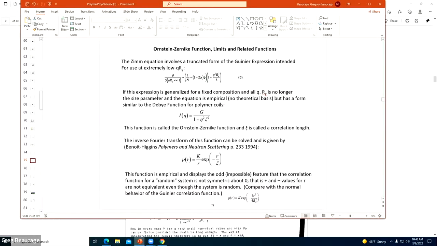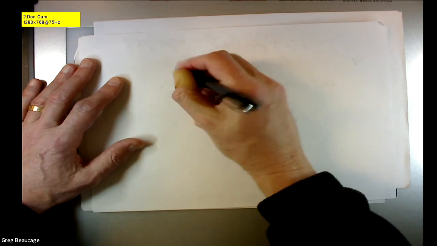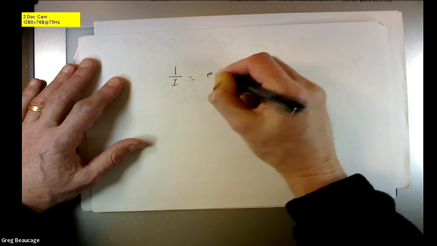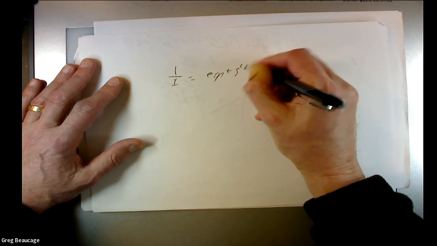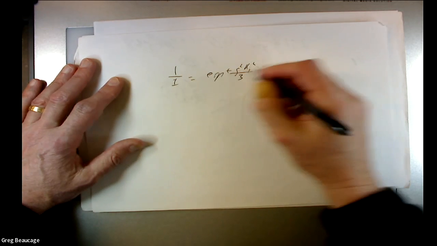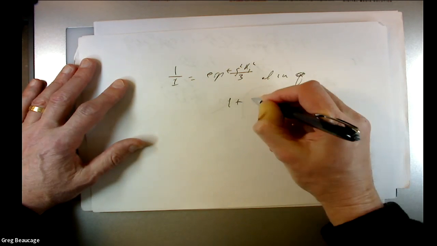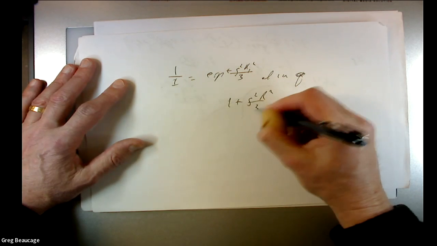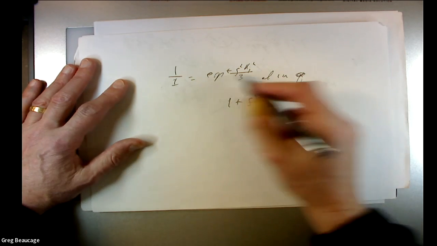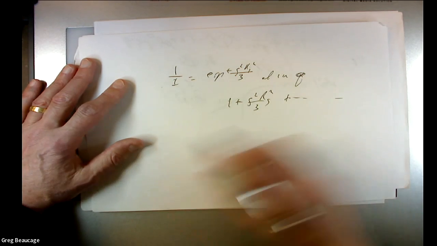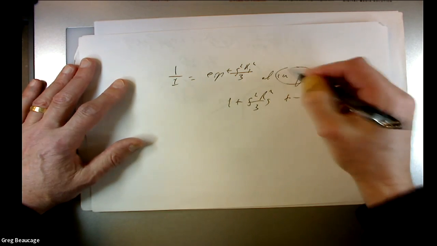There's also this thing though. There's a twist to this, and you'll see this in papers. If you take 1 over Guinier's law, that's exponential of plus Q squared RG squared over 3, and at small Q, you have 1 plus Q squared RG squared over 3. That's the exponential expansion, plus whatever. So forget about those terms. At low Q,